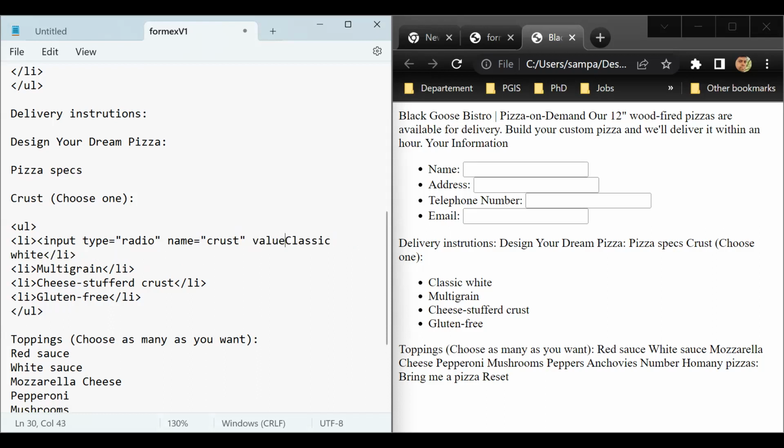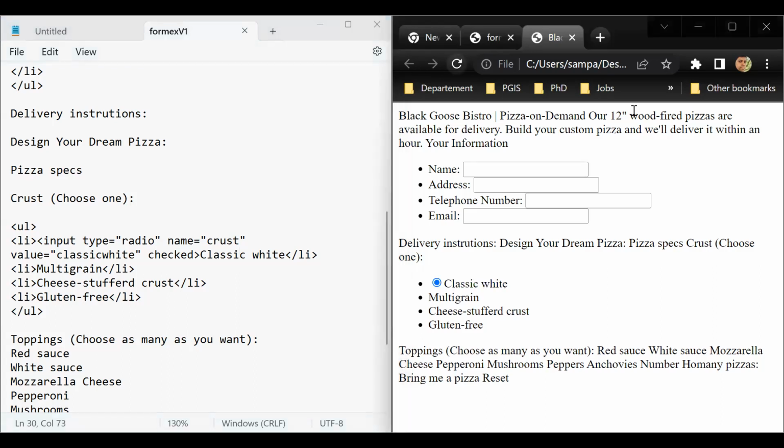And then value, we have to put what value we are going to keep. So let's say classic. White is the value that I'm going to select. Then we have this, let's say we will mark this as the default. So we will say checked. So let me refresh this. So you see now the selection is there,